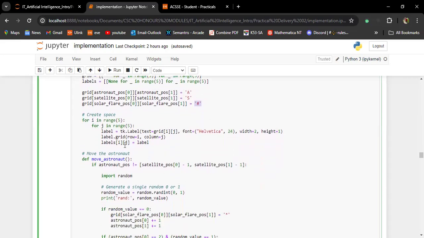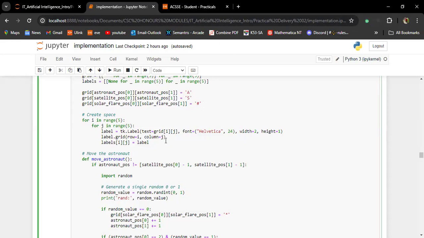Then from there, we're going to create the space. When creating the space, this is where we add everything that we stored on the grid, the astronaut spaceship, and everything that is taking place in this part of the code.